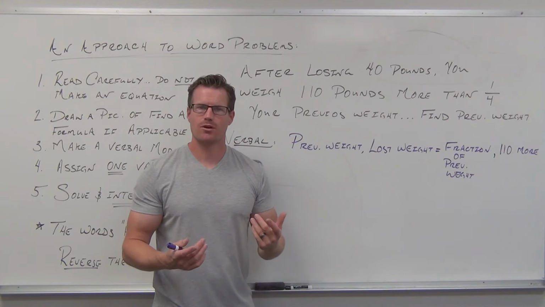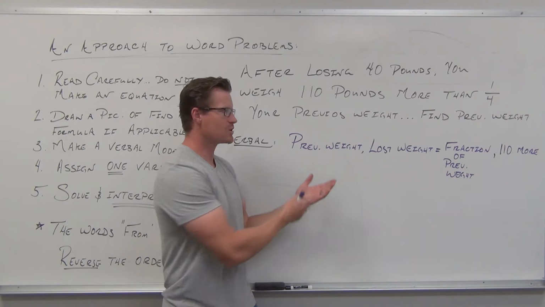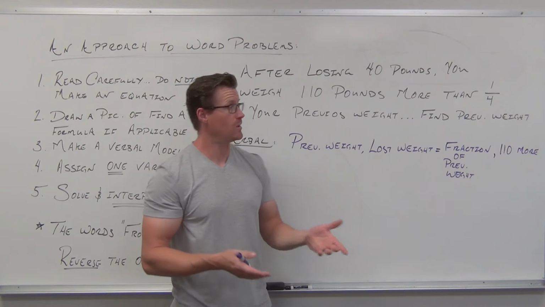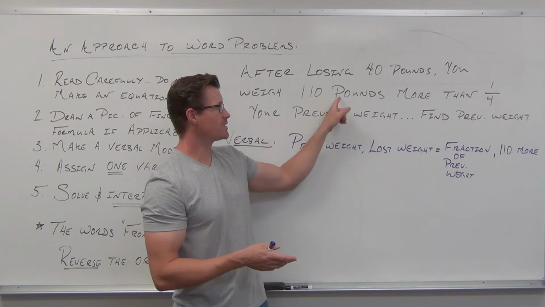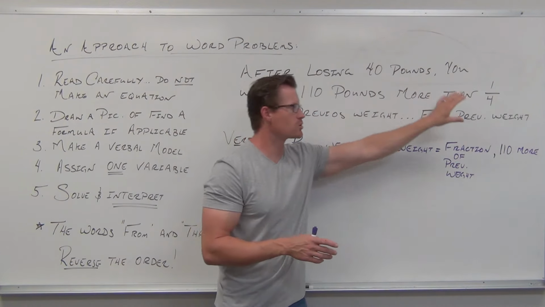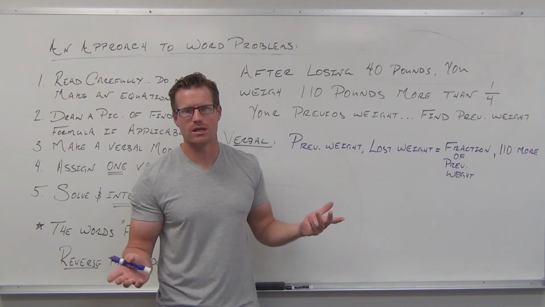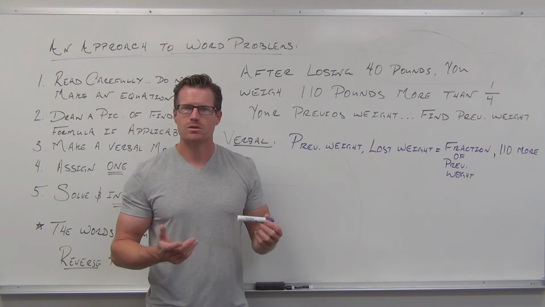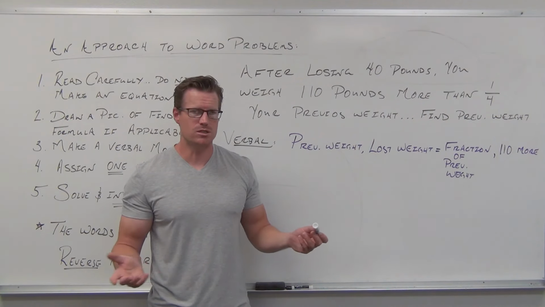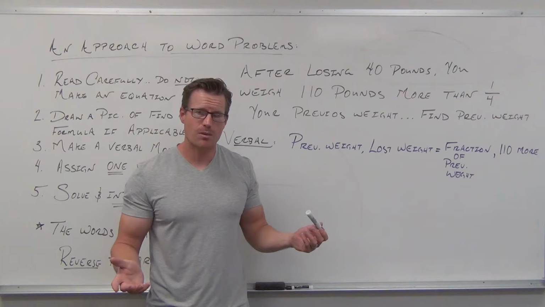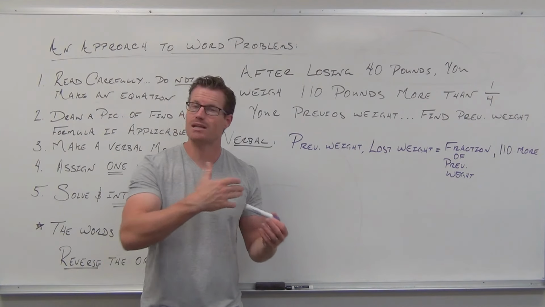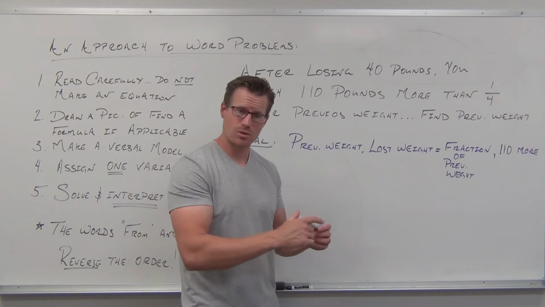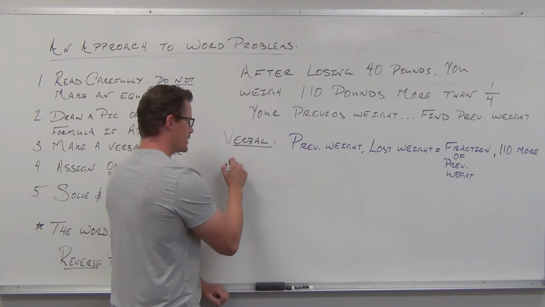So let's start assigning a variable. Use whatever you want, but what's the one thing up here you don't know? You know how much you lost. You know how much the more than is. You know what the fraction is. What you don't know is what your previous weight is, what the question's asking. Usually I like to tell students, use a variable that makes sense. I wouldn't always use X, Y, and Z. Here I'd probably use W because the W stands for what we're trying to find. So let's write that down. So our previous weight